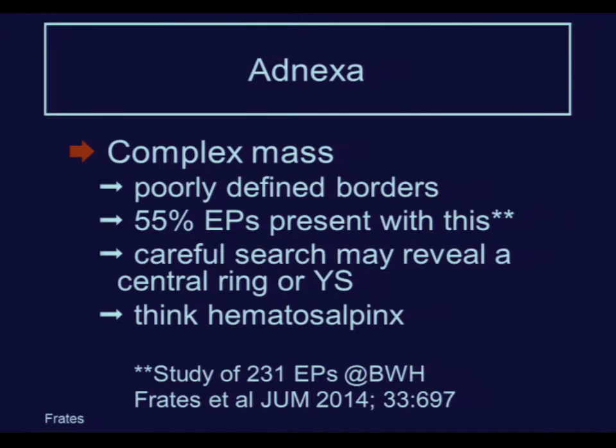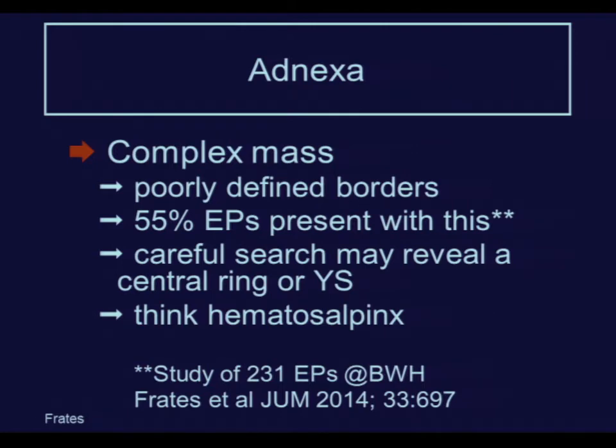However, an adnexal ring is only found, as we saw, in about 40% of ectopic pregnancies. The majority of patients with ectopic pregnancy, 55% in our recent series, present with a complex mass with poorly defined borders. Now, when you see these complex masses, it typically is clot. And if you look very carefully in the center of the complex mass, you may be able to find the adnexal ring right in the center because, again, this adnexal ring is now surrounded by large amounts of